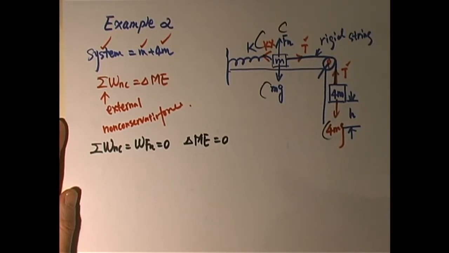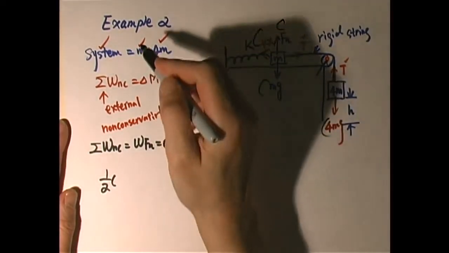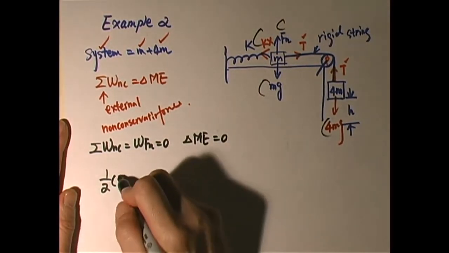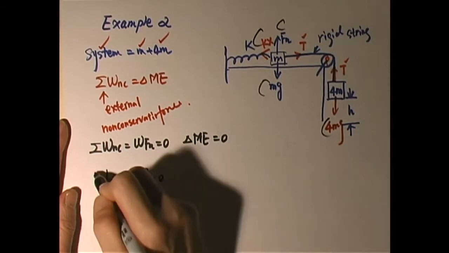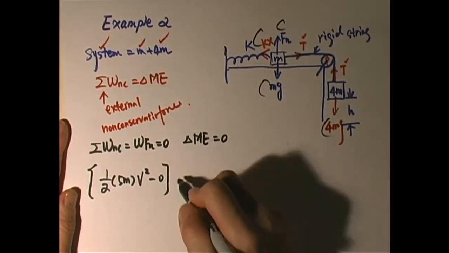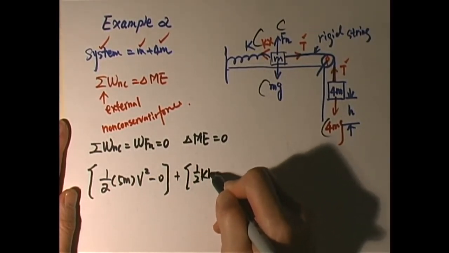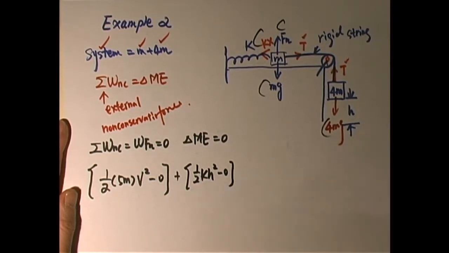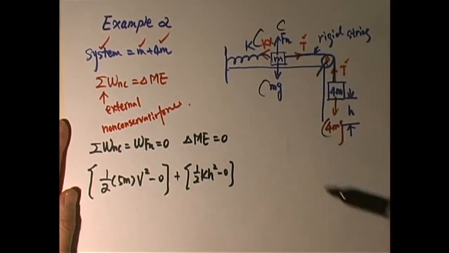And we're going to use the change of mechanical energy, that idea again. Half of the system is m plus 4m, that's 5m, mass v squared minus 0. That is the change of kinetic energy because initially both are at rest. Plus the change of elastic potential, that will be 1/2 k of h squared minus 0, because initially the spring is not being stretched, and when 4m drops by h, m moved to the right by h, the spring has been stretched